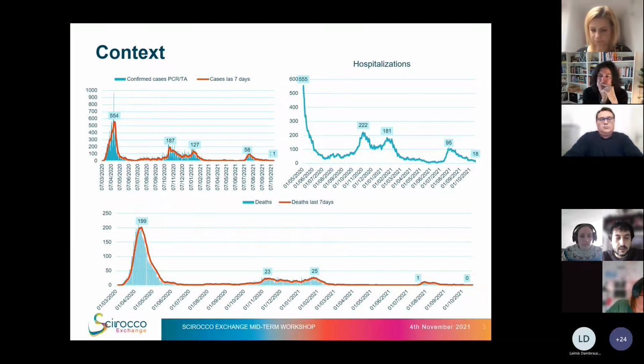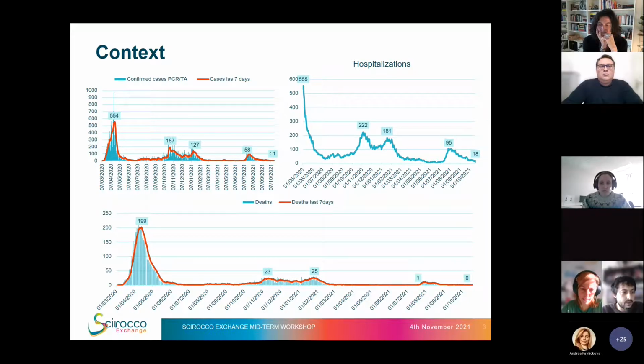When the COVID pandemic broke out, it hit very hard the nursing homes in Catalonia. So you can see here in the peak of the first wave, we had 554 daily confirmed cases, 555 daily hospitalizations of people living in nursing homes, and we had almost 200 deaths of people from nursing homes in a day. So this is just so you can picture the magnitude of the tragedy in nursing homes during the first wave, and this situation brought an intensification of the collaboration between the health department and the social affairs